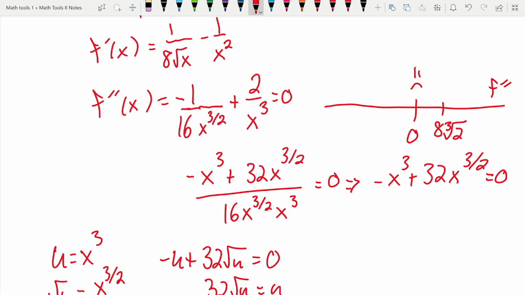Okay. So we could just put in whatever we want into f prime of 2. Like 1 would be a pretty easy one to put in. Because 1's definitely less than this. So that's going to be negative 1 over 16 plus 2, which is definitely positive. Right. And then we can put in, let's see, cube root of 2 is a little over 1. So if we want to be safe,